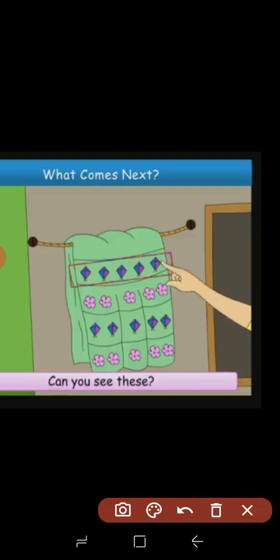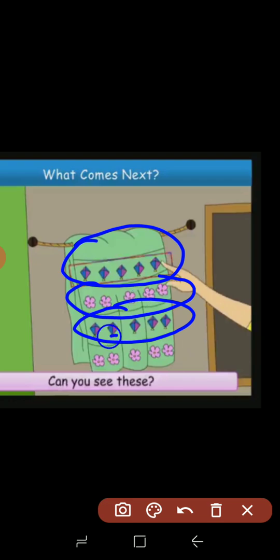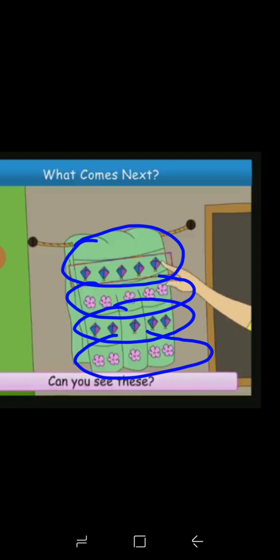So, dear children, look at this picture. What have you seen? We are seeing that there are some patterns drawn here. A similar pattern: a line of kites, then again a line of flowers, then again a line of kites, and then again a line of flowers. Okay. So, this is known as a pattern. Similar patterns you can see in any kind of sari or clothes or bed sheet. So these all are patterns.